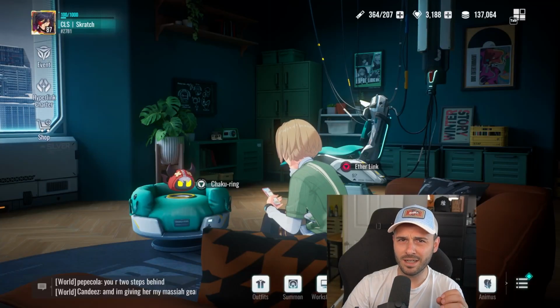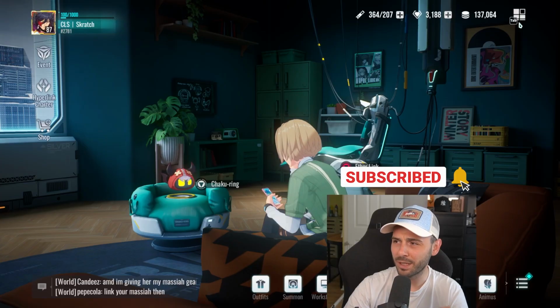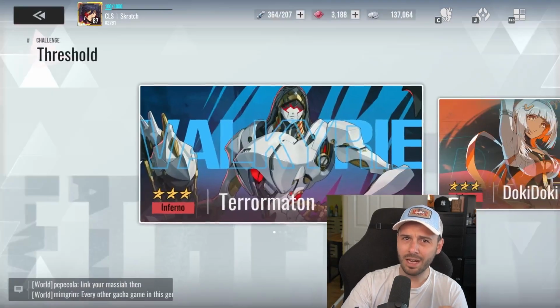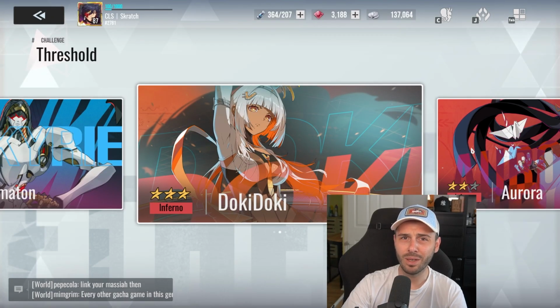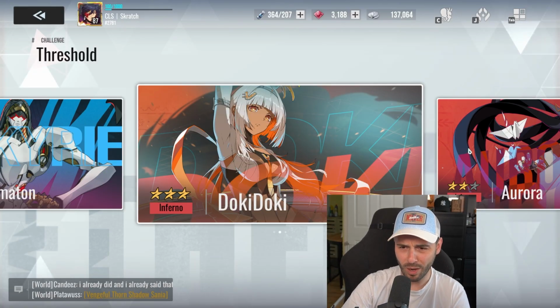Time to defeat this evil Aurora on Inferno difficulty, guys. One of the toughest bosses in the entire game because she rages, and if you're not dropping down her counter, she will absolutely wipe your entire team. Now, in today's video, guys, I'm gonna share with you one of the slightly easiest strategies that you guys can